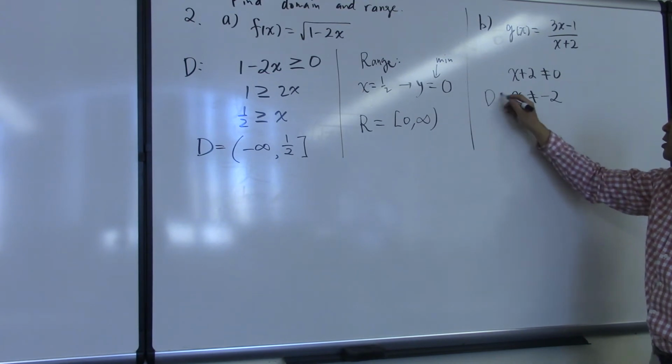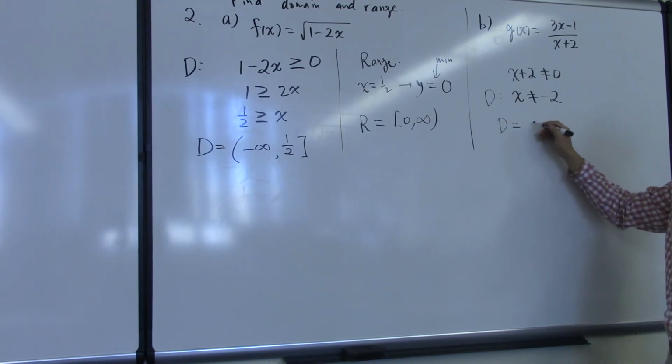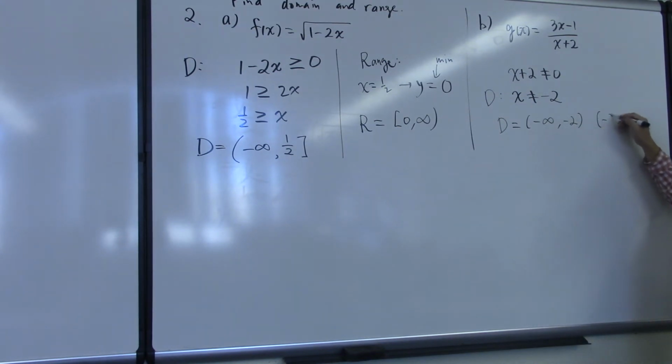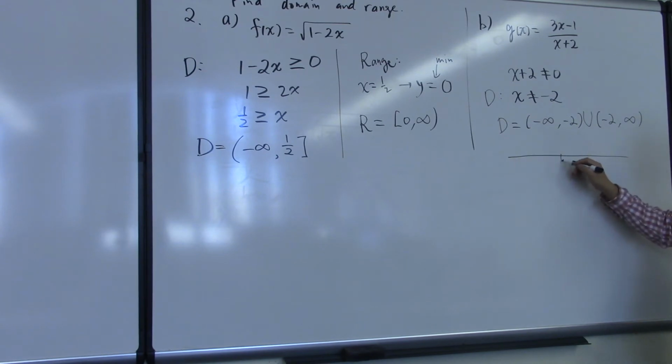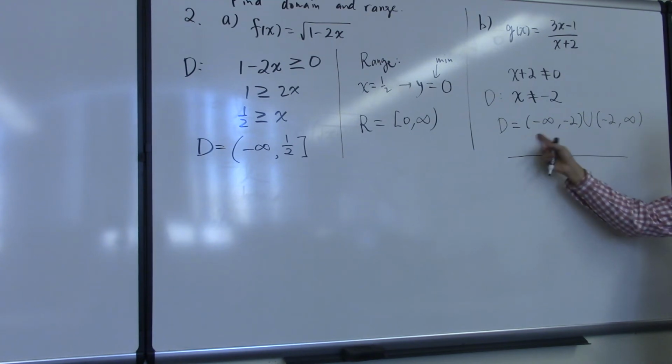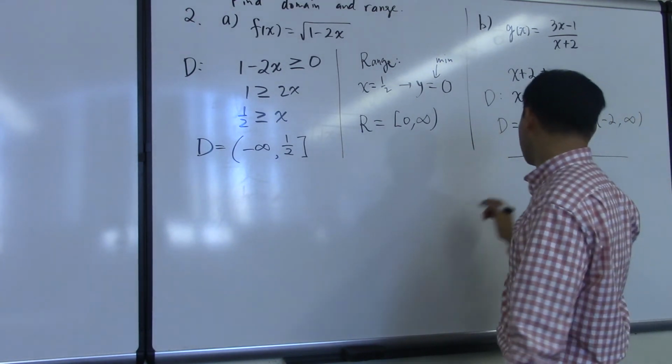Now, written in interval notation, it's everything up to -2. You skip the -2, you can still go to infinity, and you get 2 intervals, right? The way you look at this is, just think about this. You have -2, and anything on the number line is an allowed value for the domain. You can plug it in here, except -2. So if you take the -2 out, how many intervals do you see? One on the left, another on the right, right? So the left interval looks like that, the right interval looks like that, and you put them together as a union. Okay? Now for the range,